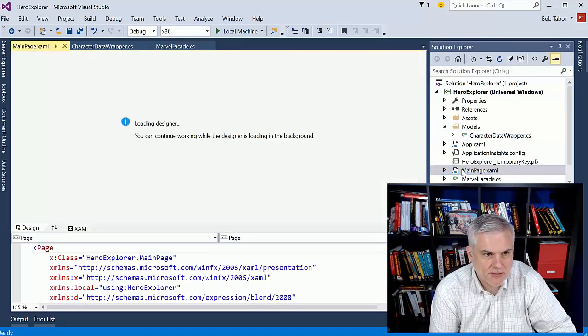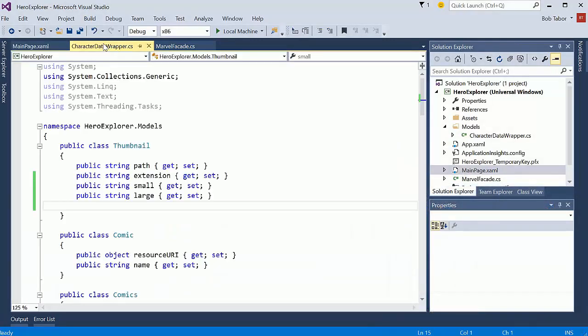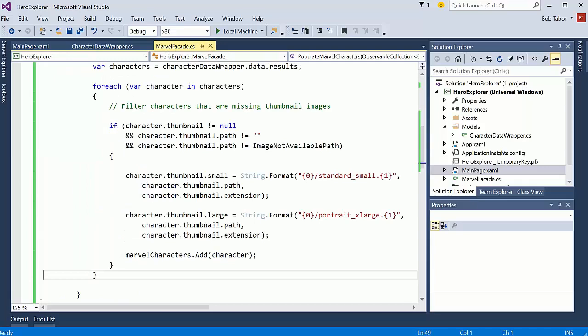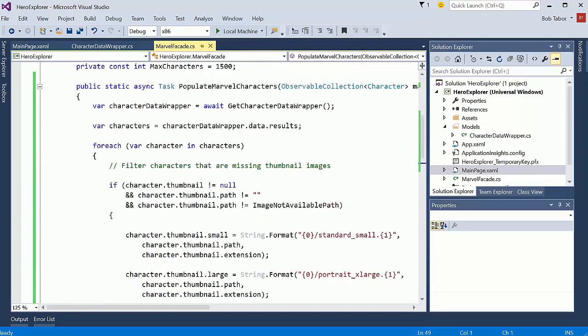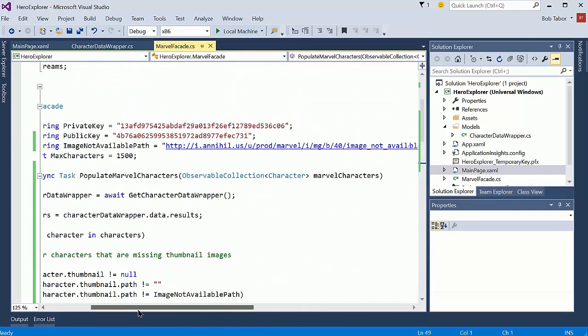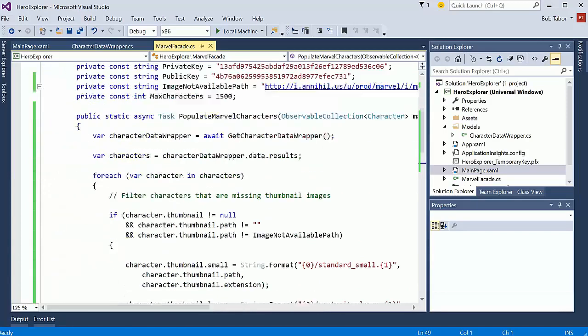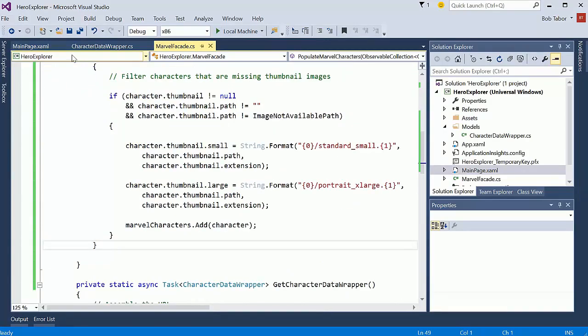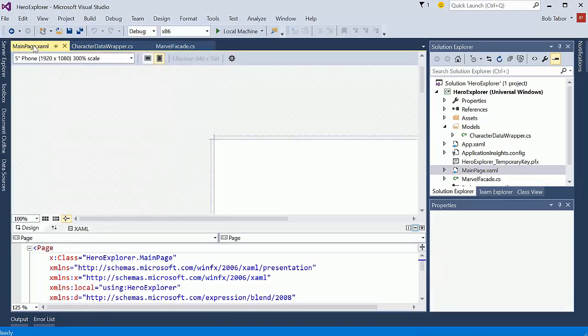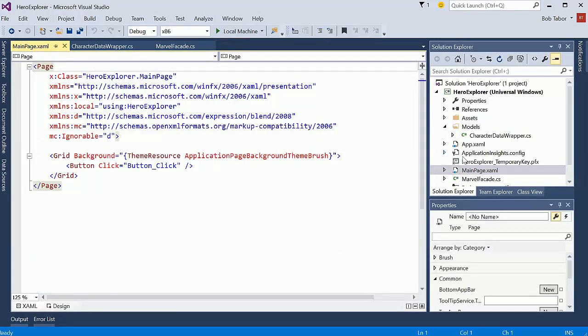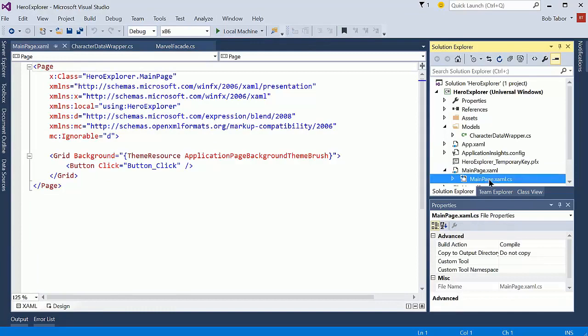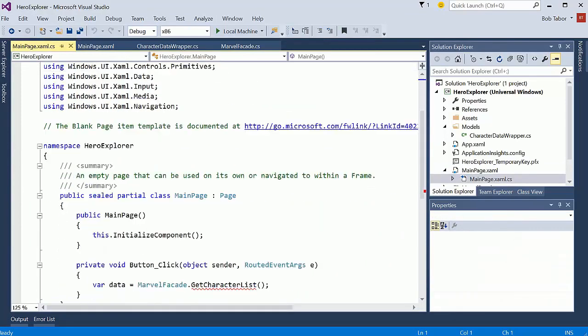Okay, now that we have all this in place, I think we're ready to open up the main page.xaml. And let me get rid of my webcam here so you can see the entire screen. Let me go back so you can look at the right-hand side of the code here. You can pause it and catch up with me. And then also you can pause it here and take a look at this URL. Or you can just look at the source code associated with this snapshot in time. All right, back to the main page.xaml. Let me get rid of that, and let's open up the main page.xaml.cs,